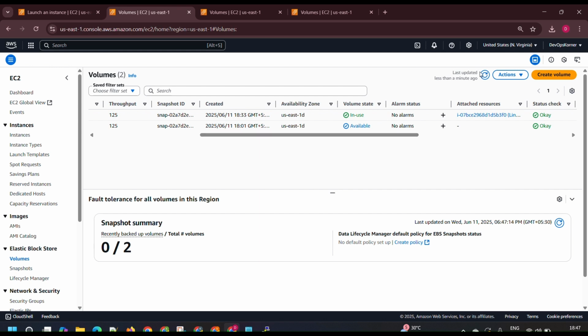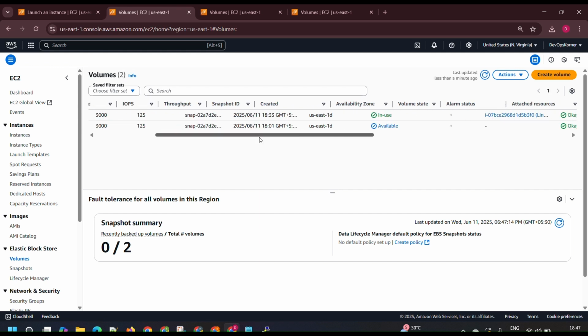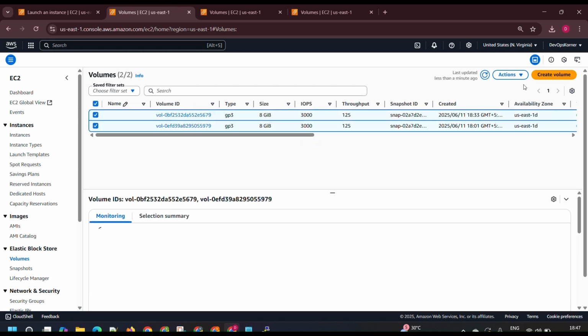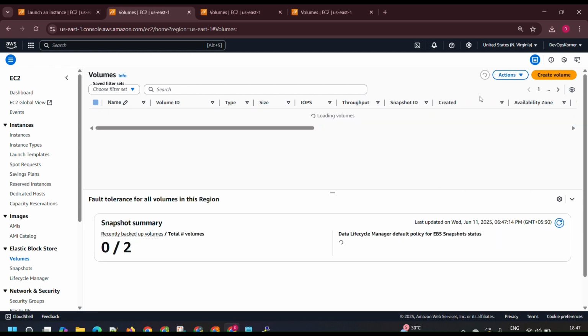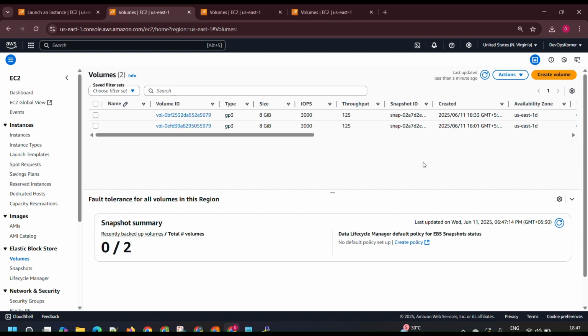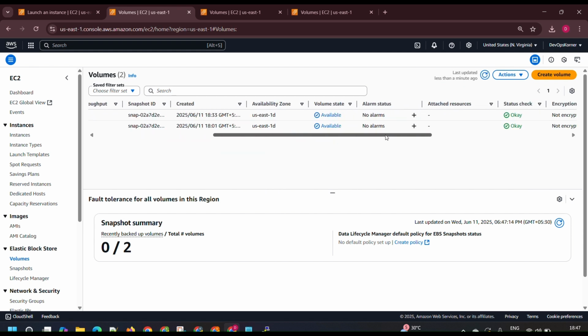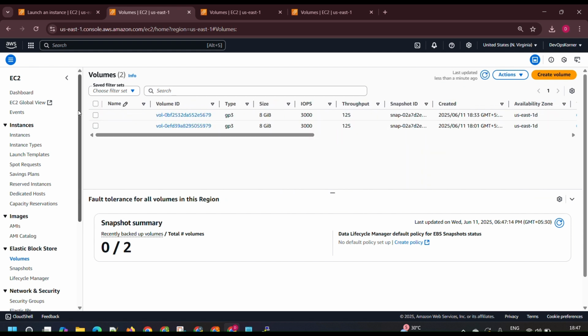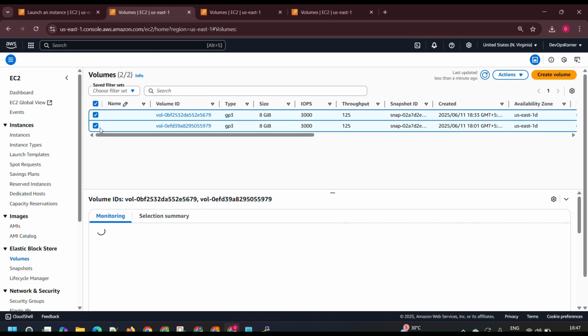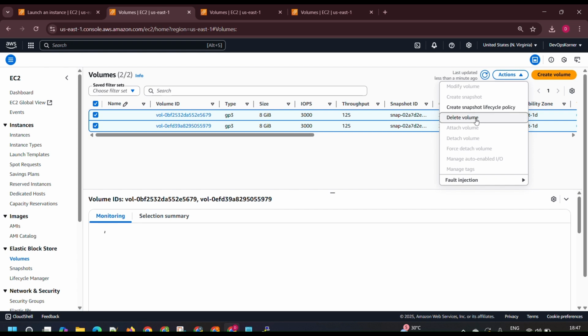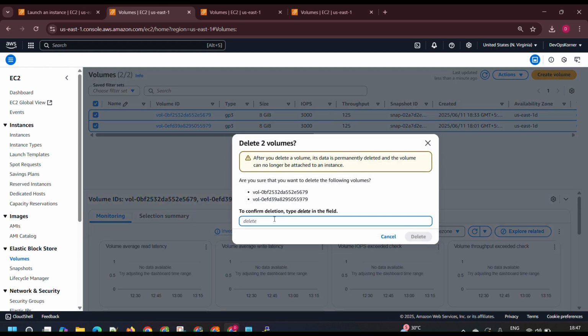So just refresh and delete the volumes if any are there. If you're unable to delete, it means both volumes are available now. Select both volumes, actions, delete volume. Just type delete